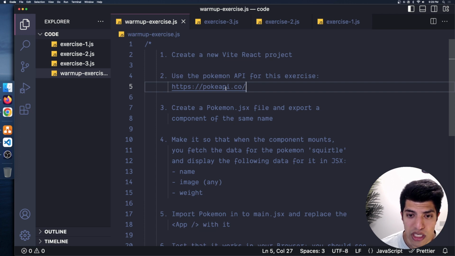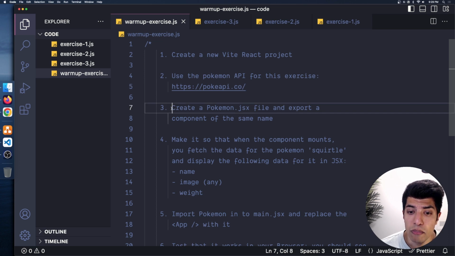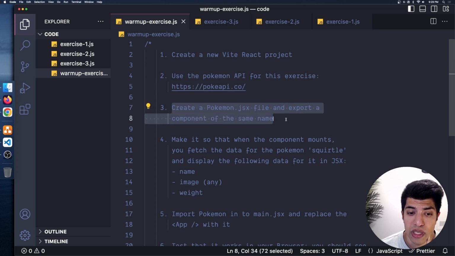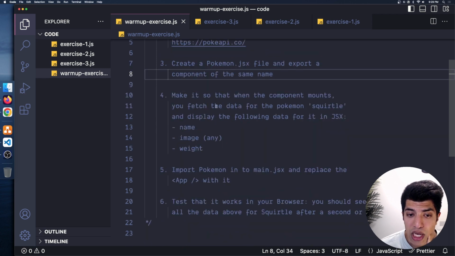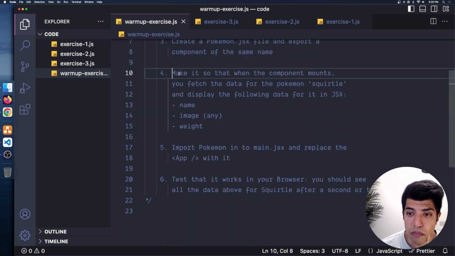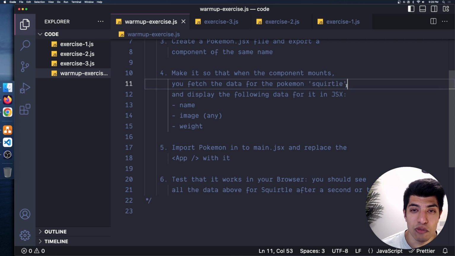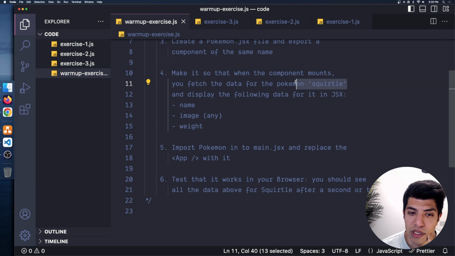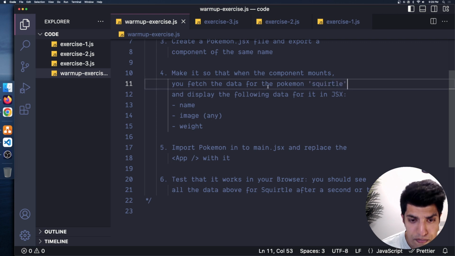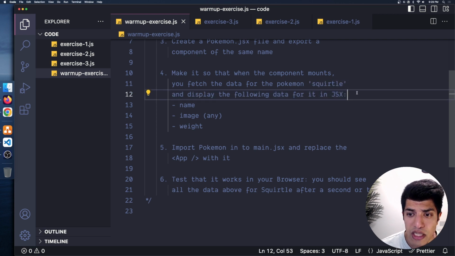Once you've taken a look at the documentation, create a Pokemon.jsx file and export a component of the same name. Then I want you to make it so that when the component mounts, this component called Pokemon, you fetch the data for the Pokemon Squirtle. Squirtle is a cute water Pokemon, a really adorable turtle-looking Pokemon. So we're going to fetch the data for Squirtle and display the following data: the name, which is Squirtle, of course,